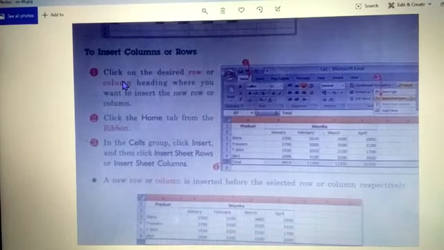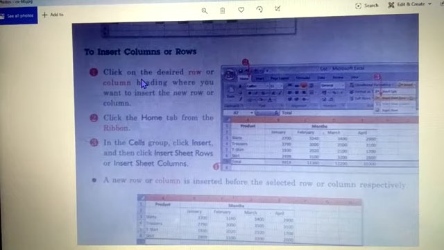Now children, if you want to insert columns and rows, the first thing is you will select the location where you want to insert a row or a column. So first, click on the desired row or column heading where you want to insert the new row or column. Fine. Then you will go to the Home tab, and in the Cells group, you will find the Insert option.